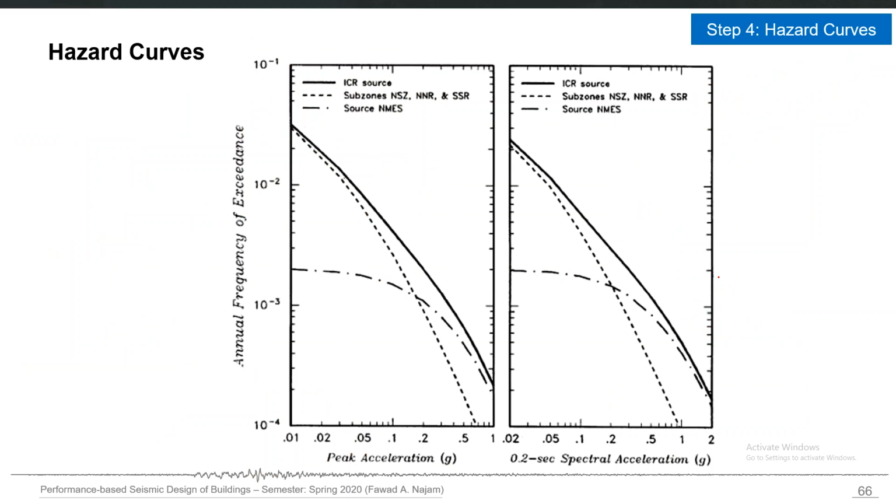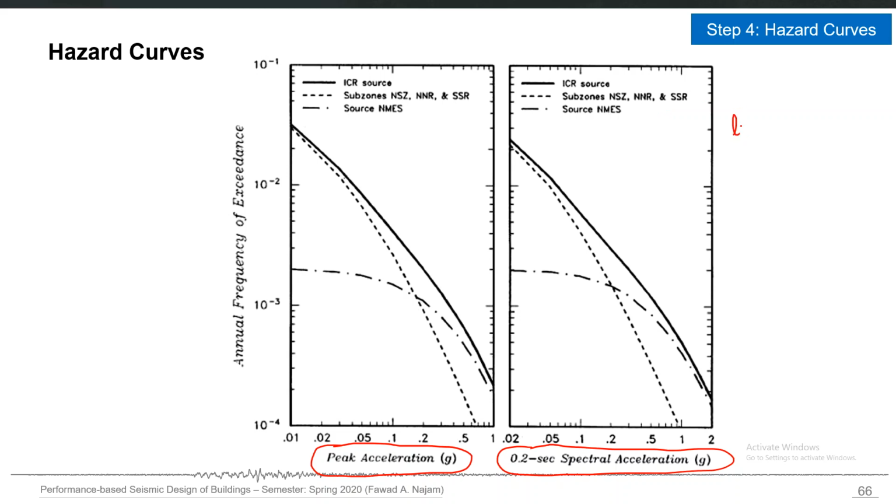So this is the example of the hazard curves, and one important point here is that we can construct this curve for any ground motion parameter. Currently we are considering only the peak ground acceleration, but there is another important ground motion parameter which is called the spectral acceleration. We will cover that in the next session, but the idea is that for any ground motion parameter, the hazard curve can be plotted because the GMPE is available for any hazard parameter.